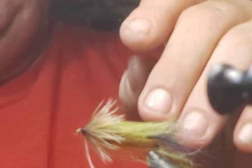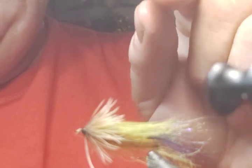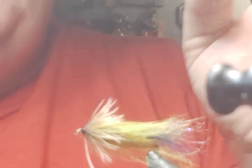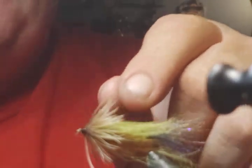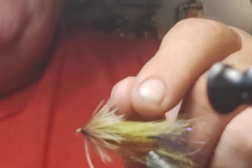You can also pitch it in a cross and down, and if you wanted to get it to sink, you could put split shot on the leader. You could also, and I haven't done that with this, but you could also put lead in the body if you wanted to, or you could put a bead on the head if you wanted to. Of course, that's completely up to you because you're the person behind the device. So, you know, you can do whatever you want. But here you go. This is